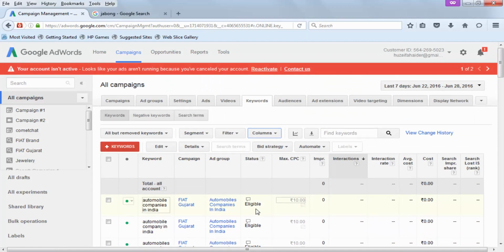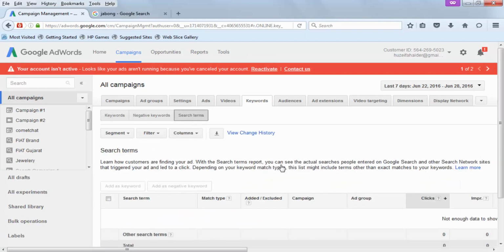So now have you understood what is search impression share, search loss IS by budget, search loss IS by rank? Now let's understand what is a search term report. A search term report is nothing but a report which gives you detail as to what is the actual query which any customer is doing against your targeted keyword. So which targeted keyword is matching with which search query of your customer, and how many clicks and impressions you got